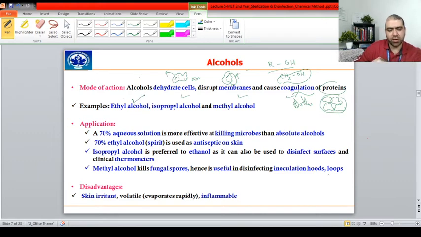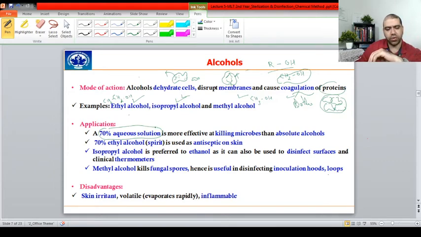So the best example is ethyl alcohol, which I told you also, and in most of the cases we also have isopropyl alcohol or methyl alcohol. So methyl alcohol is simply CH3OH, isopropyl alcohol has 3 carbons, and ethyl alcohol, as I told you, is like CH2OH. So now for applications, we use 70% of the alcohols, particularly while you are working in your diagnostic laboratory,